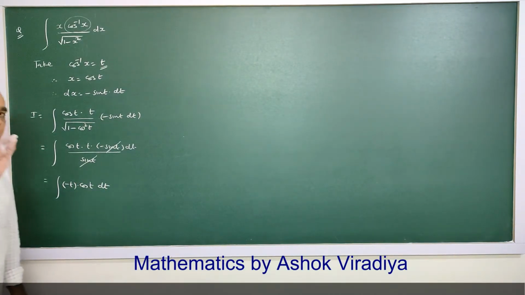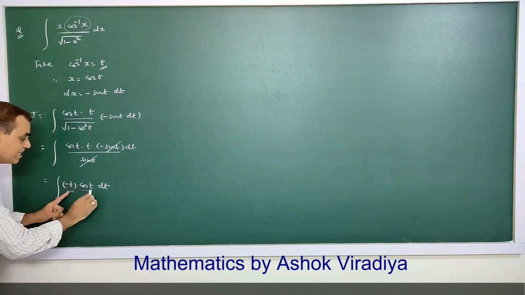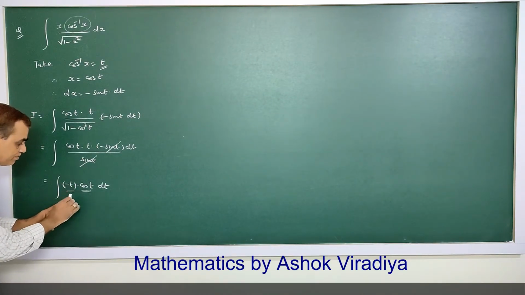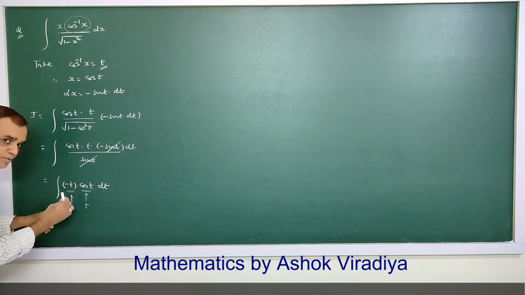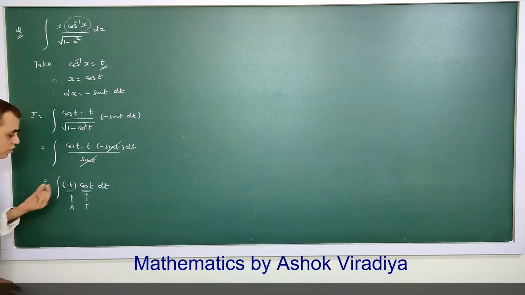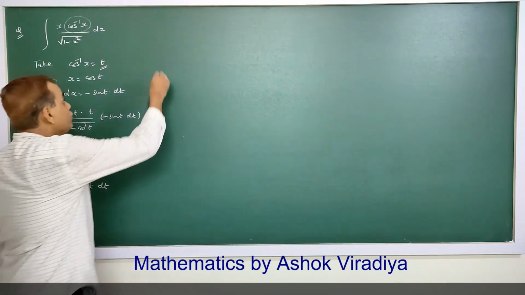Now LIA: this is algebraic, this is trigonometric. LIA comes first, then trigo. So this we take as u, this we take as v. So u into v,